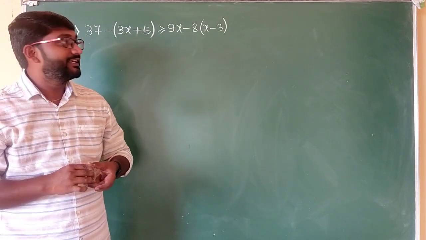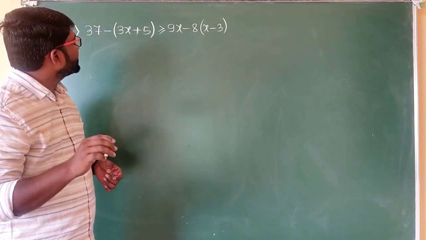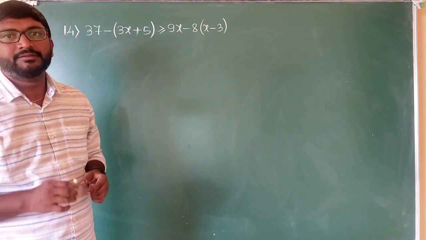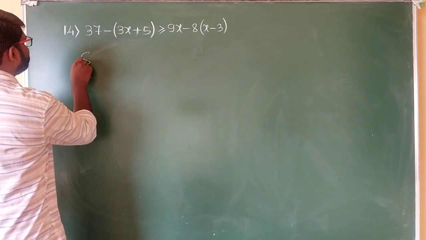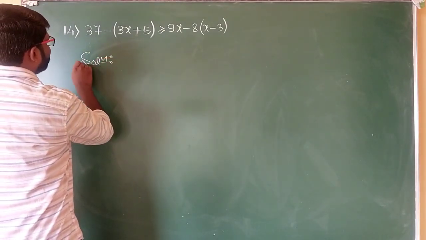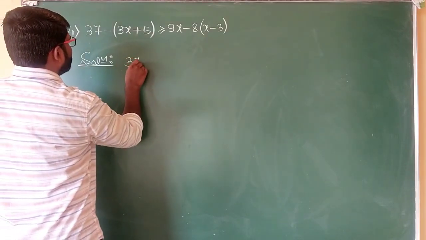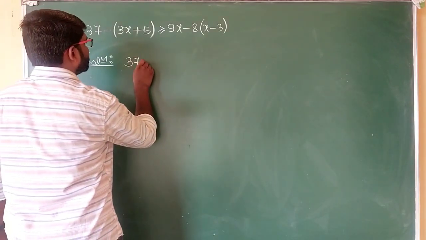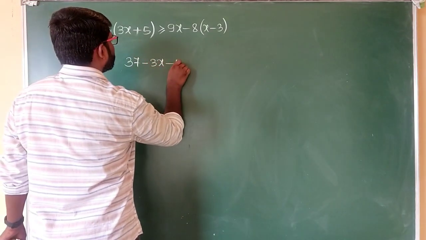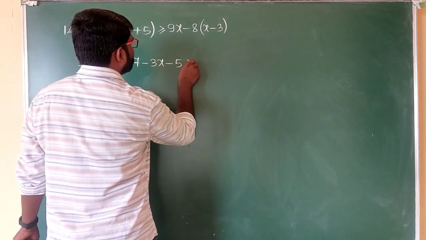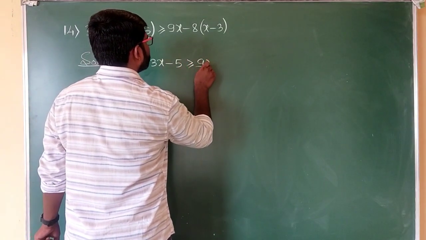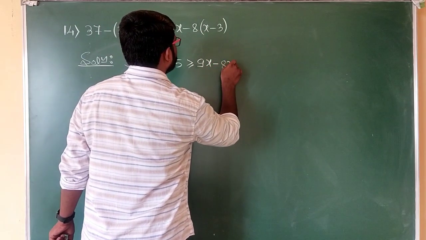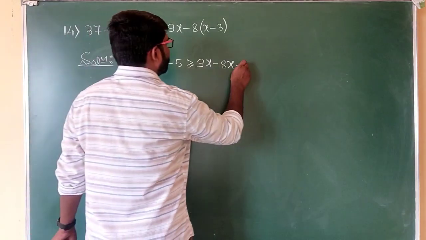Well, question number 14 is 37 minus (3x plus 5) greater than or equal to 9x minus 8 times (x minus 3). Let us simplify the inequality. So here I will be writing 37 as it is, 37, then multiply this minus sign with these two terms, we get minus 3x, then minus 5, then greater than or equal to 9x, then multiply minus with these two terms, we get minus 8x,